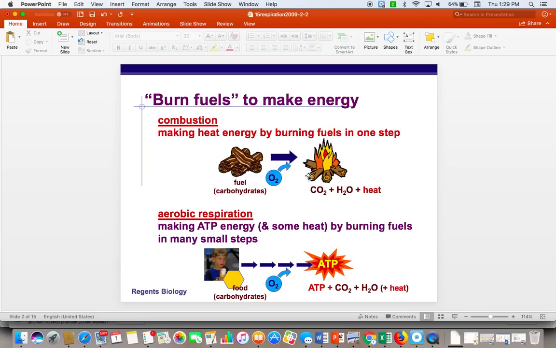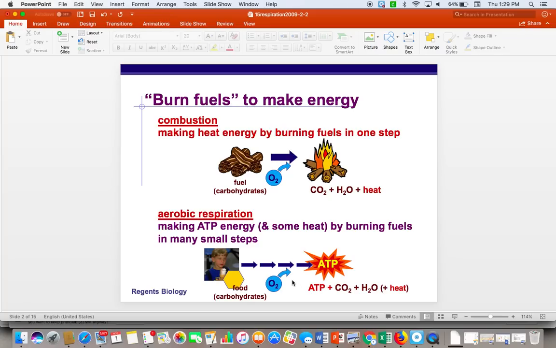And we talked a lot about combustion, and we said when we burn fuel, when we burn food, it's just like when we burn wood in a fire. So instead of starting our fire with wood, we're going to start it with sugar. And all fires, as we know, have to have oxygen. And then all fires are going to give off carbon dioxide, water, and heat. So it works the same way in us. So when we are burning food, burning sugar, we have to have a lot of oxygen, and that's going to give us ATP. We're also going to get carbon dioxide and water as a waste product.